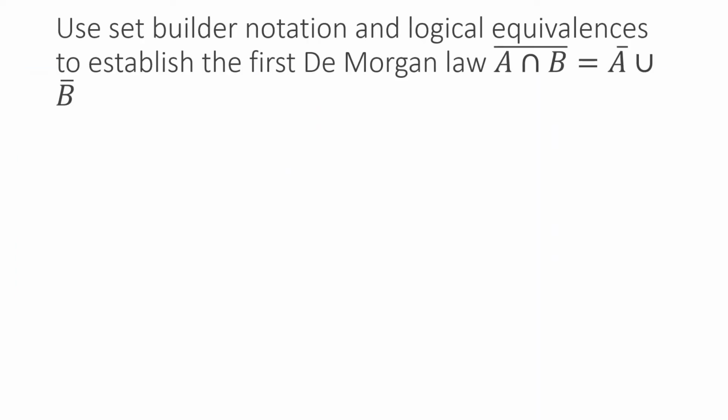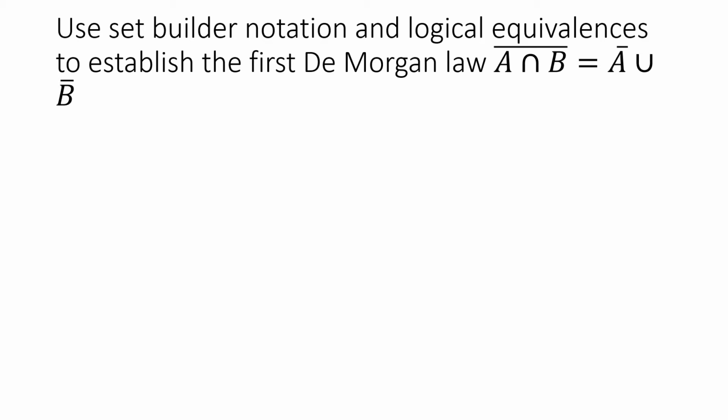So let's have an example. Use the set builder notation and logical equivalence to establish the first De Morgan law, which is the complement of A union B would be equal to the complement of A intersect the complement of B. Okay. So for our solution,